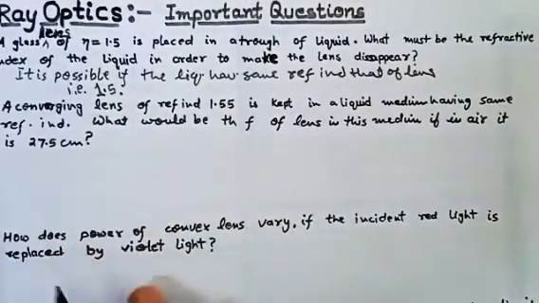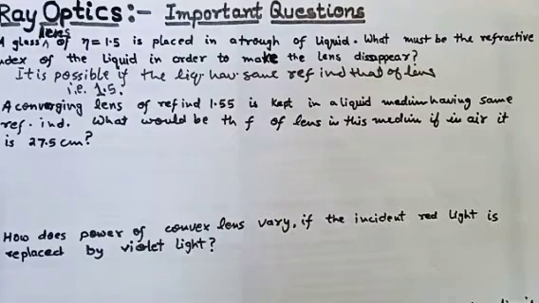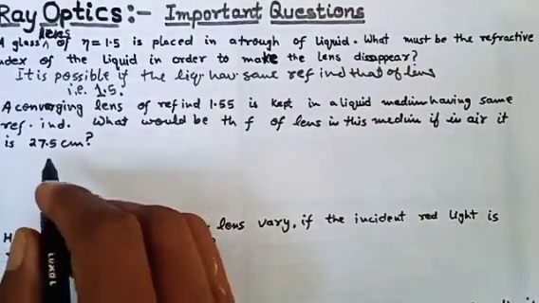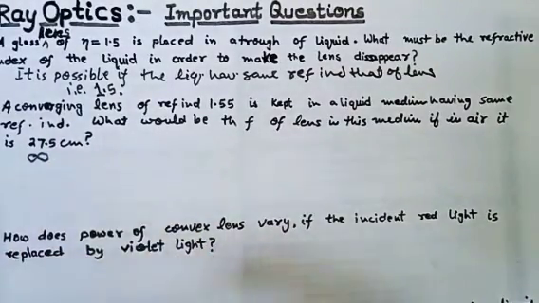Next, a converging lens of refractive index 1.5 is kept in a liquid medium having the same refractive index. What would be the focal length of the lens in this medium if in air it is 27.5? Once again, the direct answer is infinite. And with some explanation, we can say that